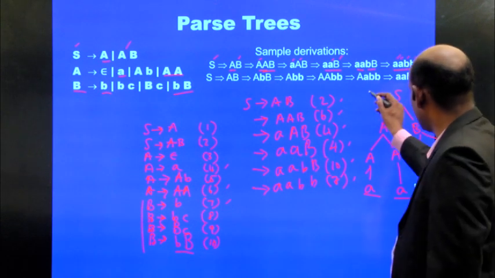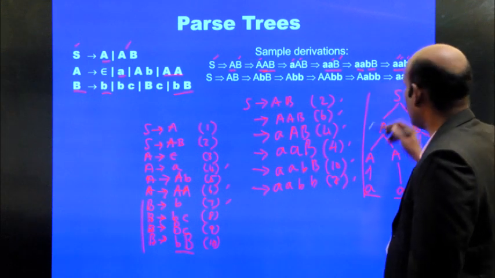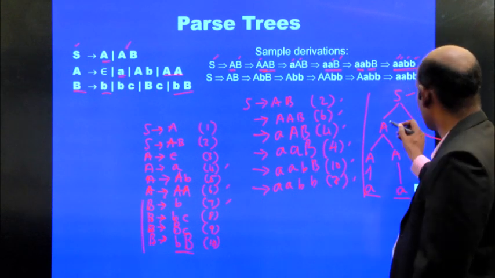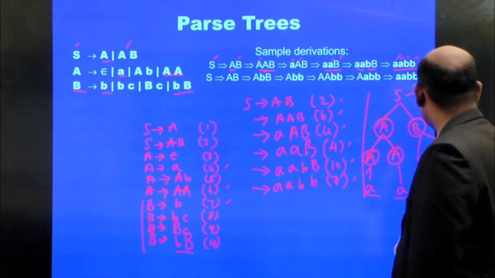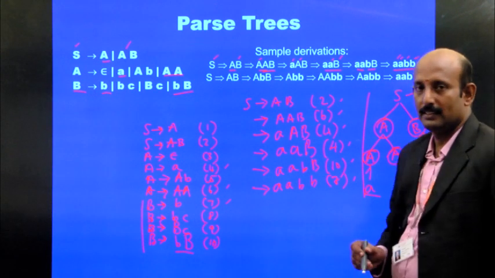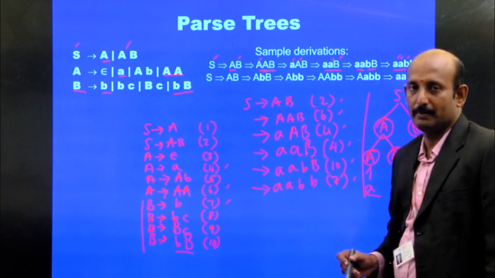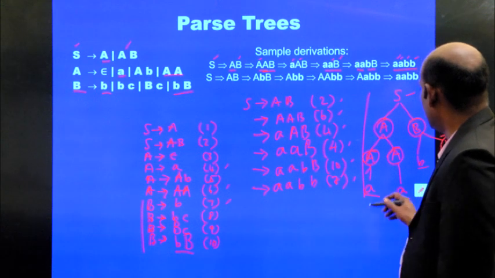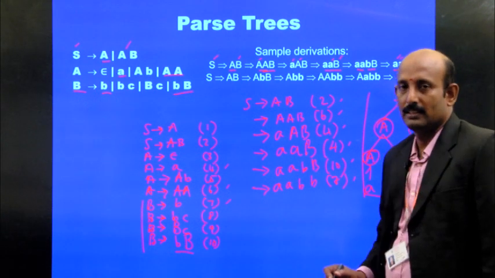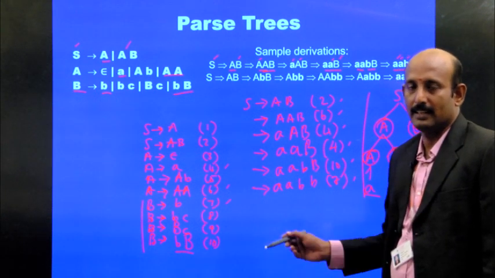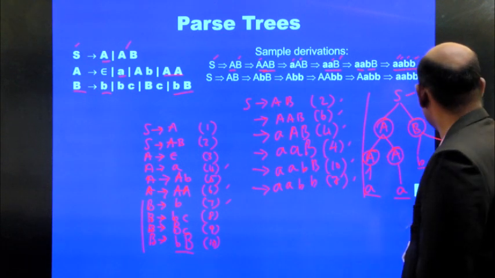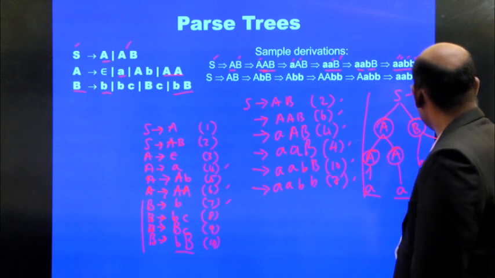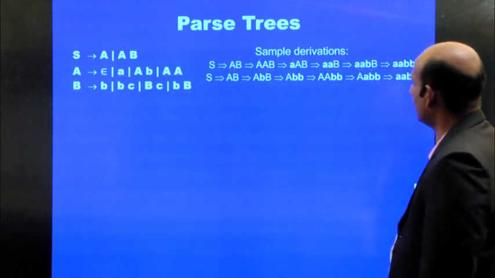So this is the root node or parent node. These are all the interior nodes. Okay, so these interior nodes are uppercase letters, that is variables, and the leaf nodes are strings. Leaf nodes are strings, that means only terminal symbols. Okay, now let's see this one by one.